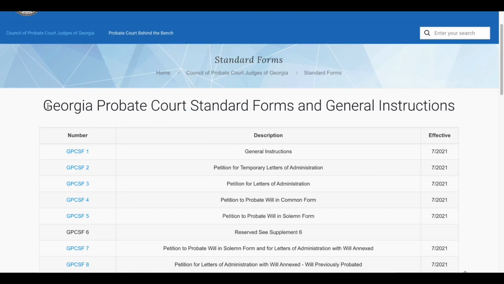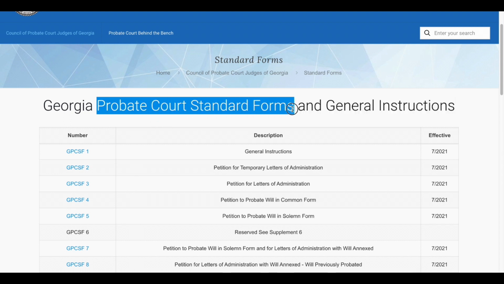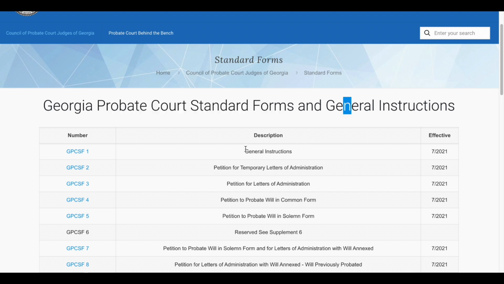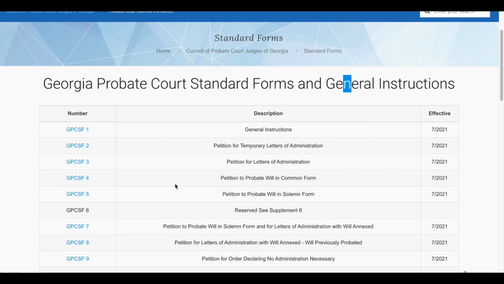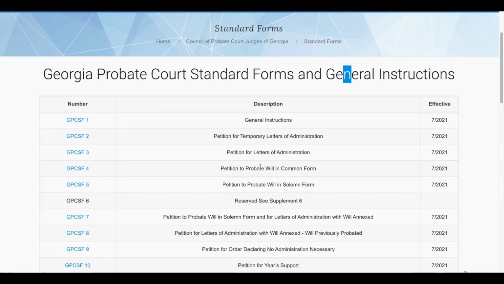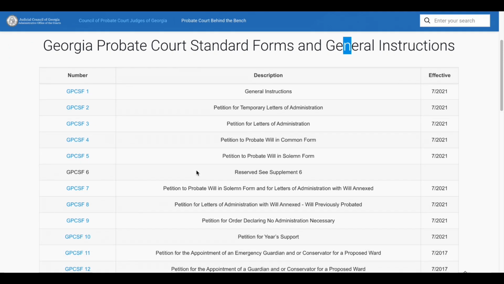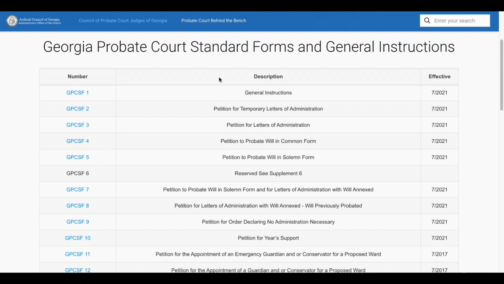As you see right here, this is just Georgia, but you can type in your state and find out. You can see that all of them have these standard forms. Okay. And general instructions. This is the form. It has general instructions to tell you what needs to be put in the forms. But the reason I'm showing y'all these forms is to show y'all that when